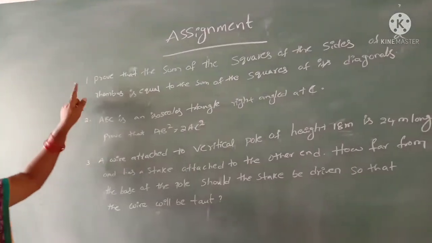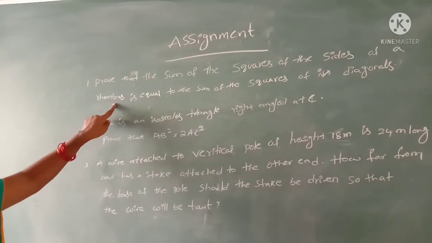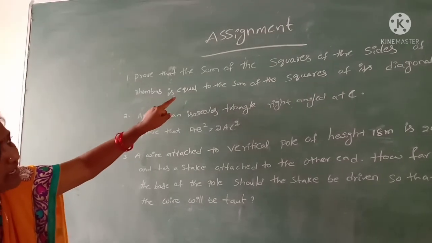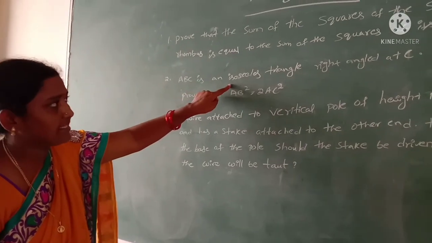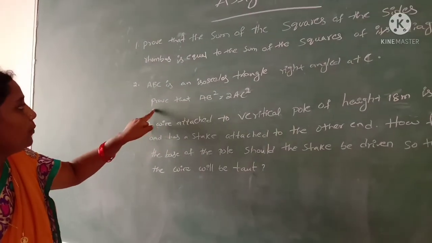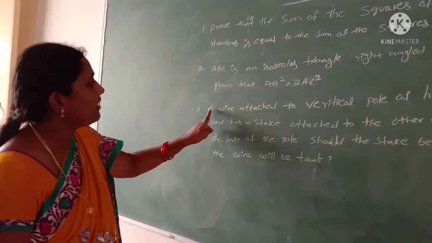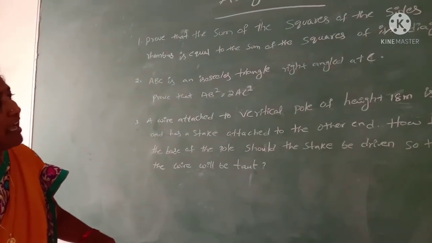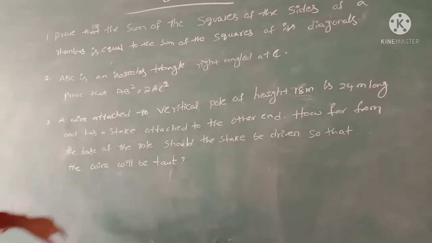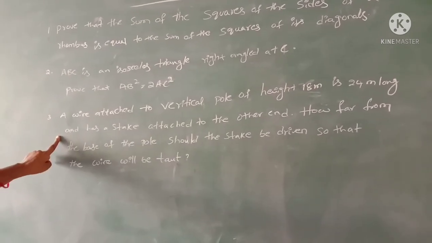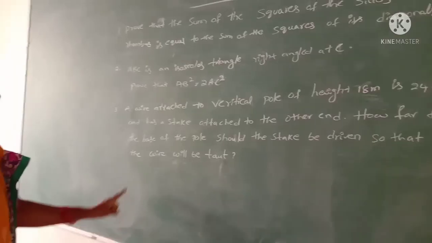Next assignment. First question. Prove that the sum of the squares of the sides of a rhombus is equal to the sum of squares of its diagonals. Next, second question. ABC is an isosceles triangle, right angle at C. Prove that AB square equal to 2AC square. Next, third question. A wire attached to a vertical pole of height 18 meters is 24 meters long and has a stake attached to the other end. How far from the base of the pole should the stake be driven so that the wire will be